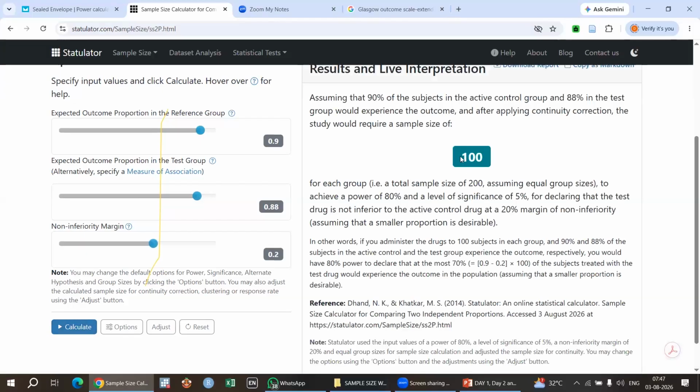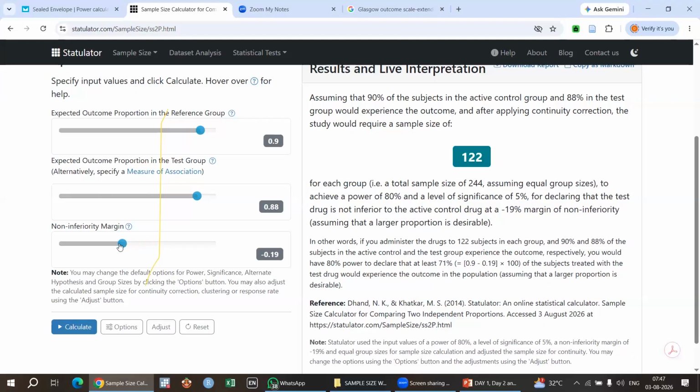You can see it is coming 100%. Here it is coming 100%. Here I think total 200. And over there we got only total 100. So I think it may be some mistake in this calculator. I have to see this. So this is how to do with the non-inferiority. So like Statulator, you can do practice. Okay, then you can get, there is no problem.